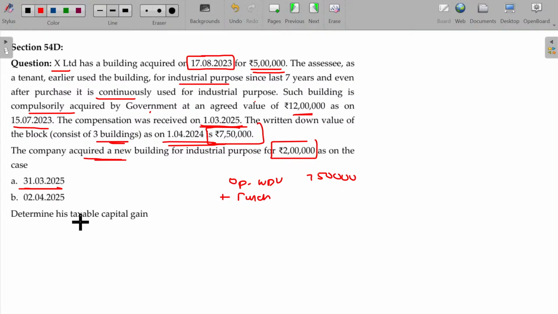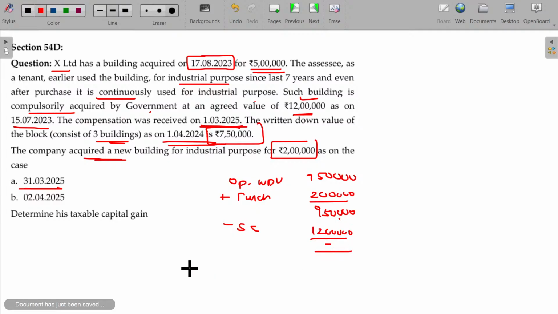Within the year, if any new asset is purchased, you can add that. So 2 lakhs and 9,50,000 rupees. This block consisted of how many assets? 3 assets, minus sale consideration of one of the assets for 12 lakhs. Now the value is negative. As per section 32, as the value is negative, section 50 will be applicable. Sale consideration being 12 lakhs minus WDV of the block plus newly purchased asset in that block,